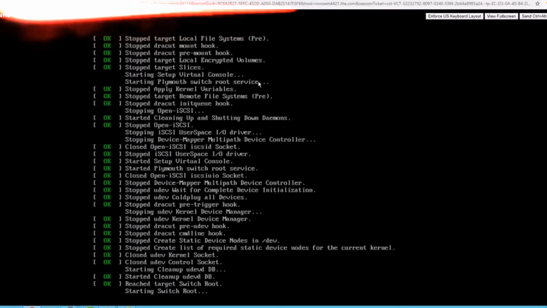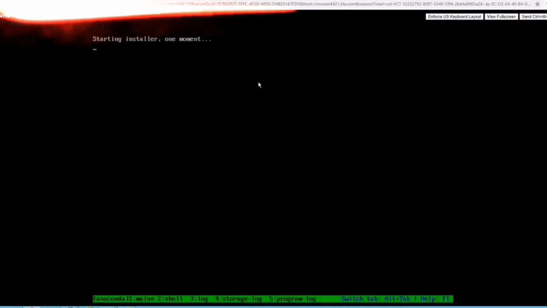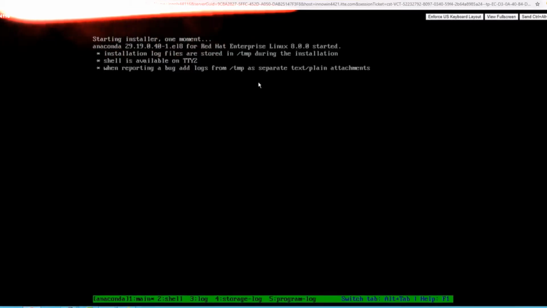Now you can see it is scanning your SCSI, USB devices, your RAM, your CPU, everything, to check whether it is compatible or not. It will take some time. Let's wait. Now the scanning is completed and it is starting the installer.